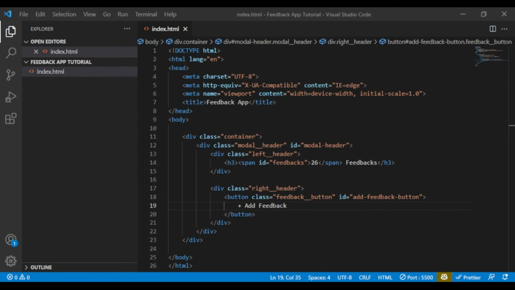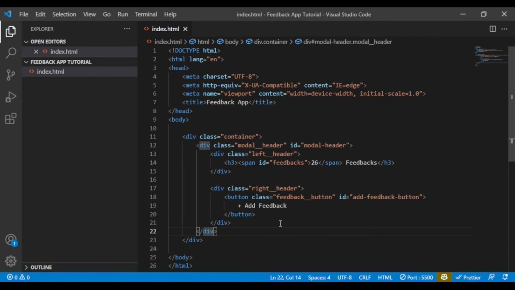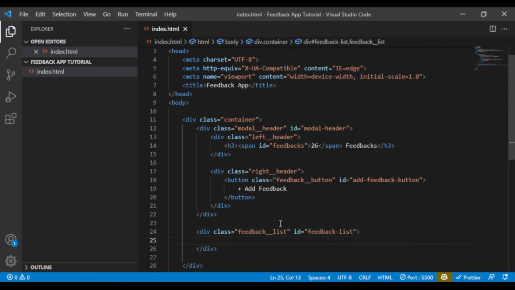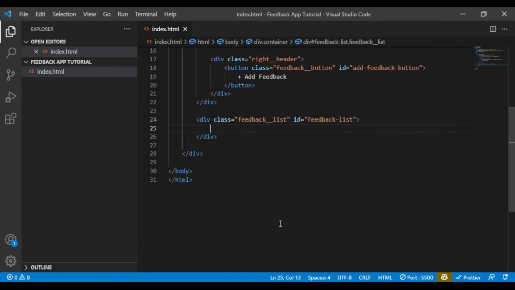That's it for our header. We can move to the main content. So what we can do is a feedback list, with the id of feedback list. Okay, and then we can give it a